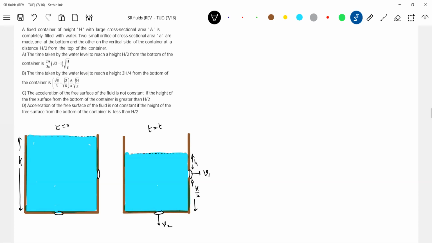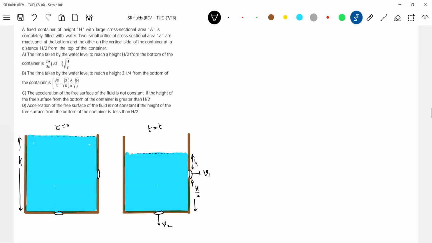So what will happen to the level of liquid? The level of liquid that is decreasing is due to both the holes, no? The fall in level is due to both holes, because some amount of liquid is coming from here, some amount of liquid is coming from here. So